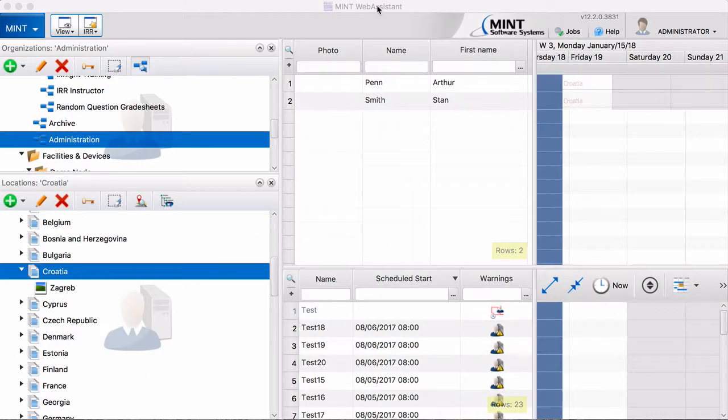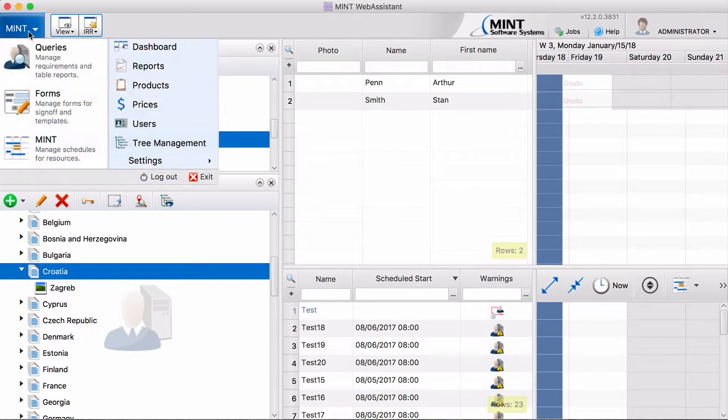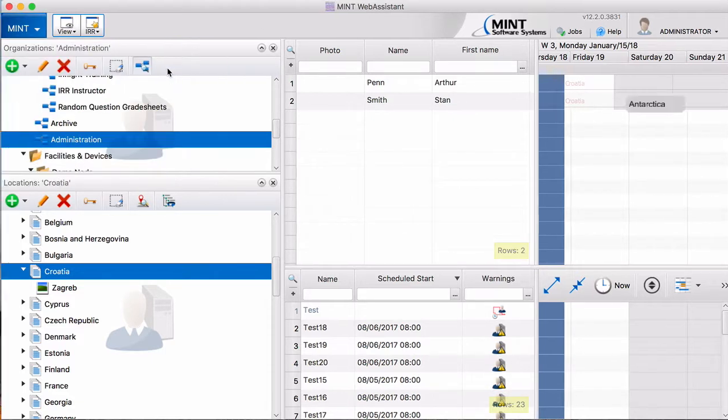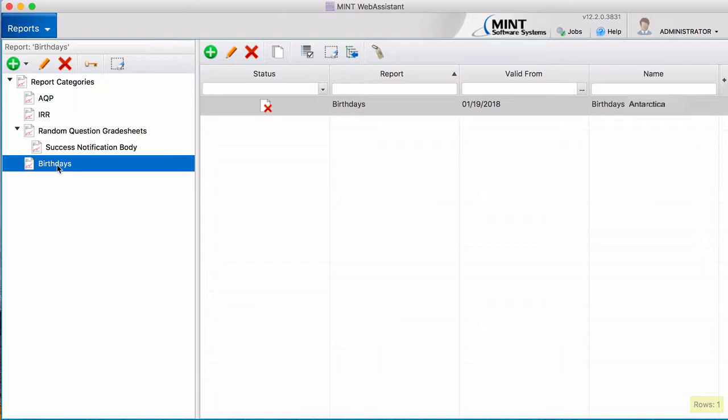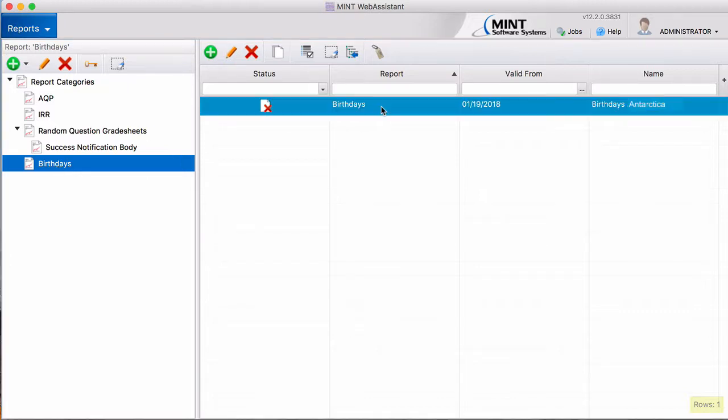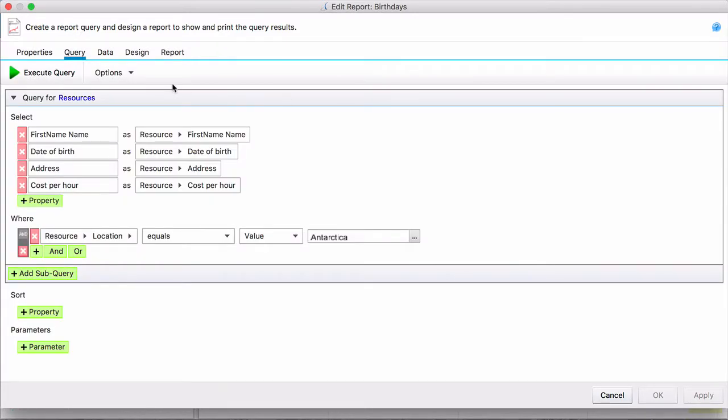All right, we're now in Mint Web Assistant. We're going to go over to the menu and go to Reports, just like in the last video. Here's the category that we created, and here's the report. So let's open that up. Here you'll see the query that we worked on in Reports Part 1. We looked for the first name, the date of birth, the address, and the cost per hour when that resource